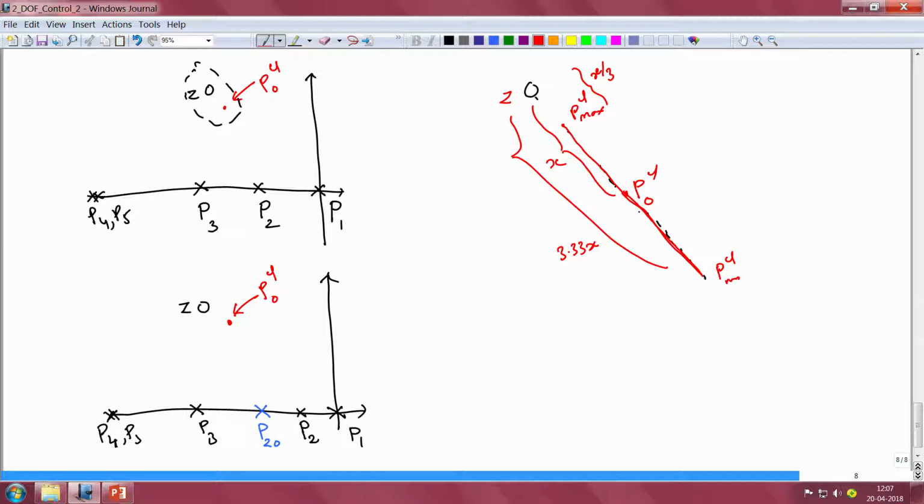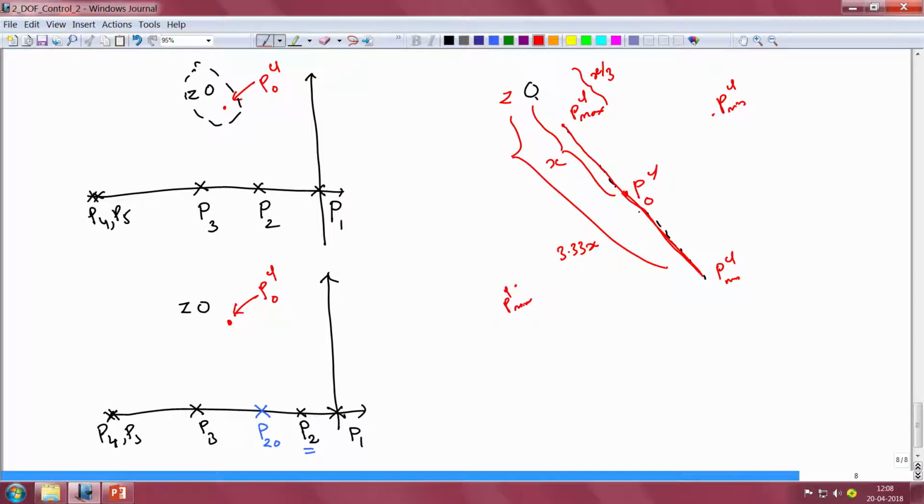Let us assume for a minute therefore that we have uncertainty only in the location of the pole of the plant. Now in the previous clip we looked at how the closed loop pole position changes when the plant's pole location changes. In particular, we discovered that if the plant pole position P2 changes between the points P1 and P3, then the closed loop pole PCL changes between the points PCL min and PCL max